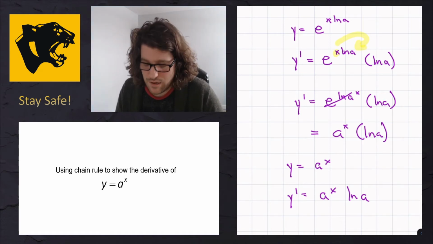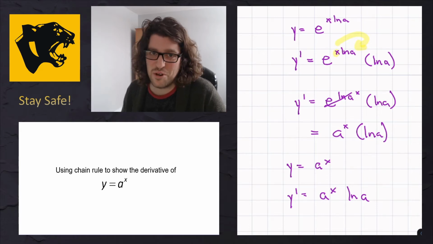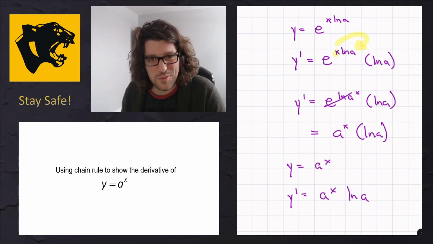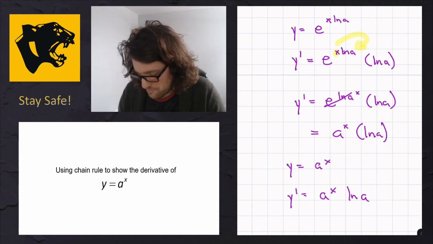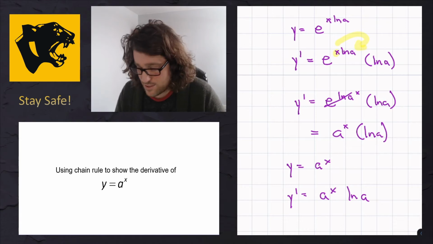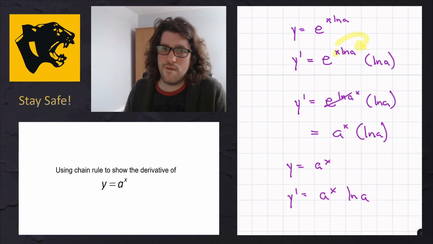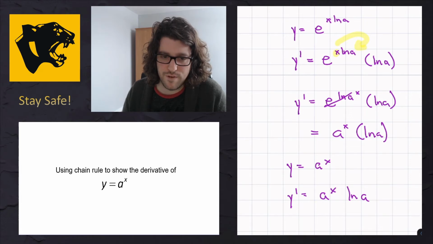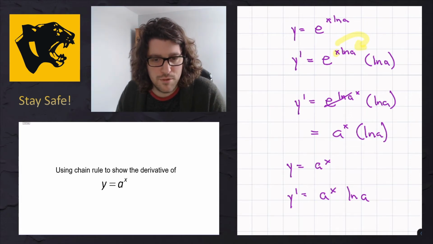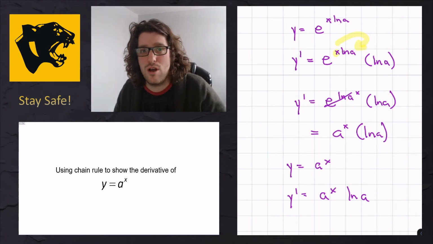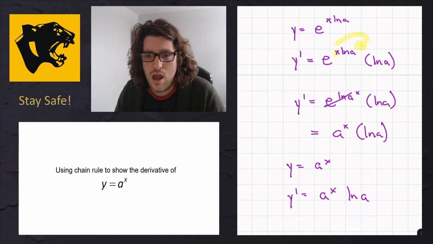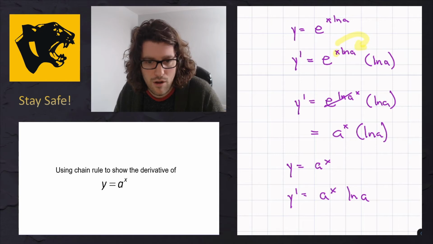e to the x doesn't kick out a constant. Well, it kicks out a constant of 1. If you use the same rule, it would be e to the x ln e, but ln e is 1, so it works out the same way. And so now we've shown what the derivative of every single exponential function of various bases is. Of course, you're not doing anything with bases that are negative, but when we described exponential functions, we were not interested in those bases anyway